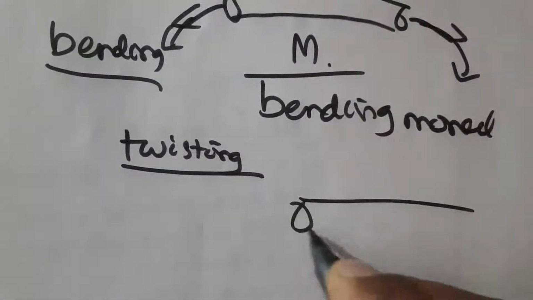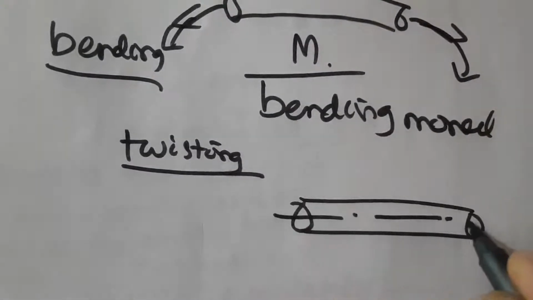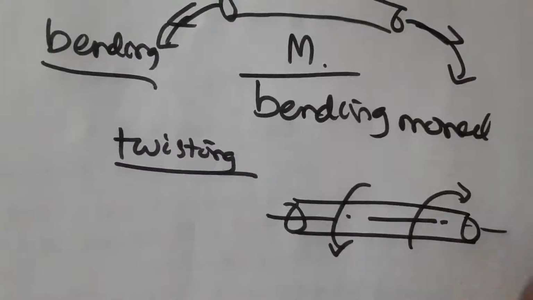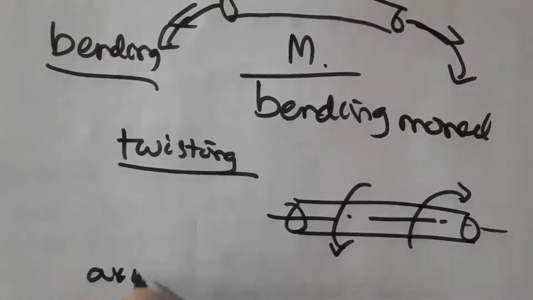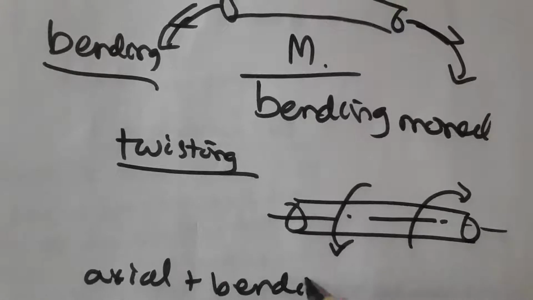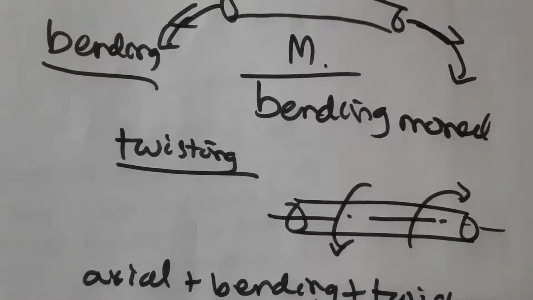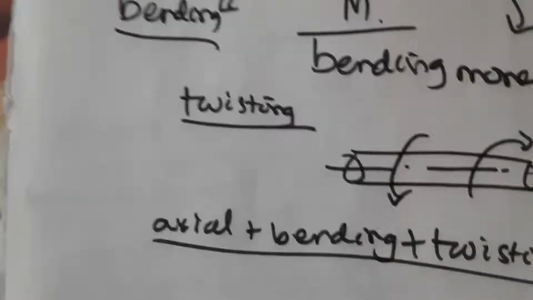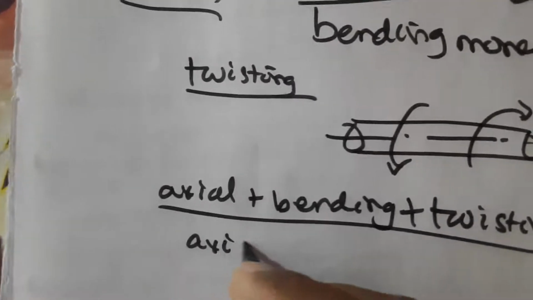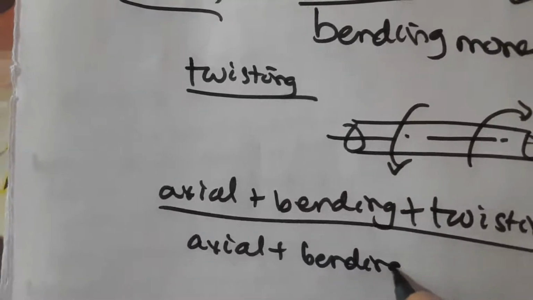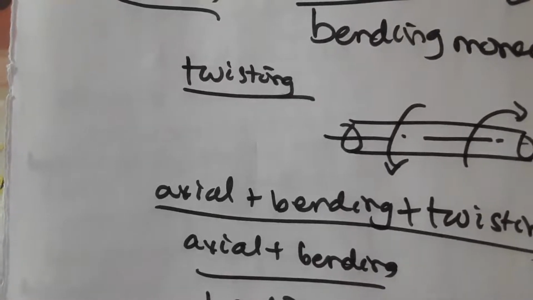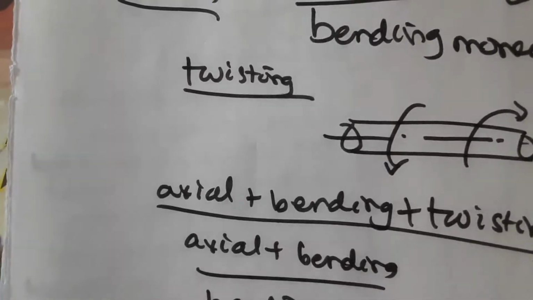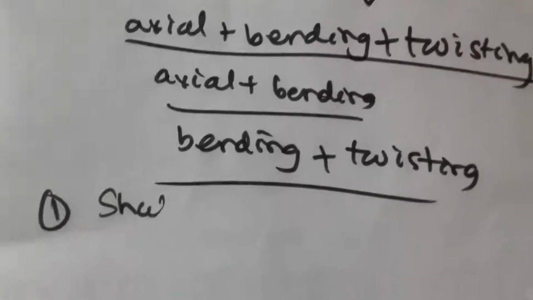Let's say this is the shaft and this is the axis of the shaft. It is twisted. And sometimes you have axial plus bending plus twisting, all three loads together. Or sometimes it may be axial plus bending, or sometimes the load may be bending plus twisting. So the shafts are designed on the basis of